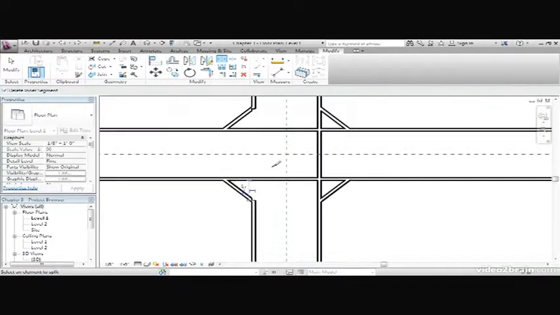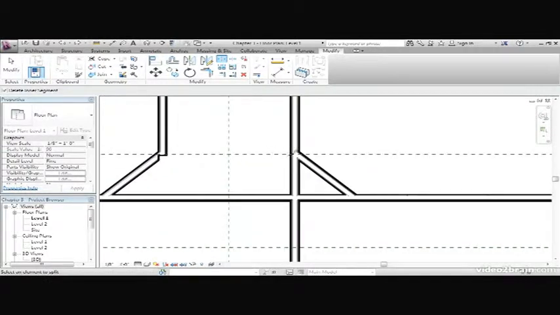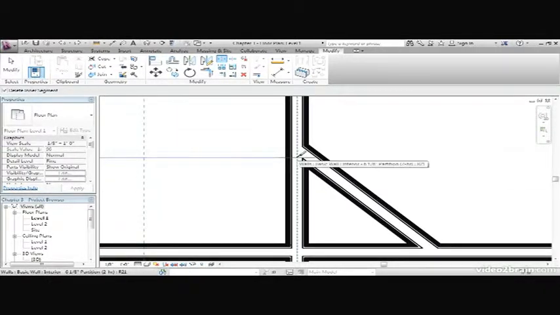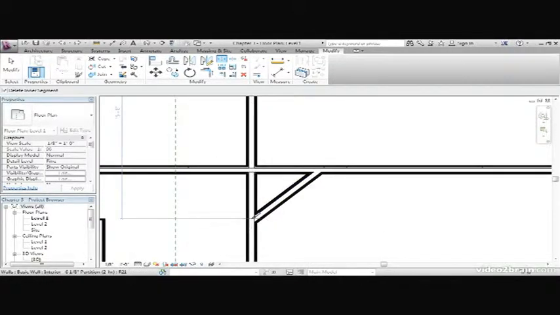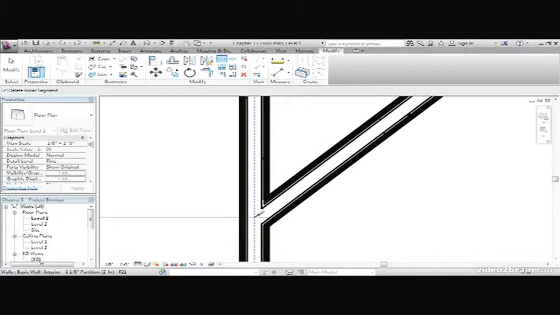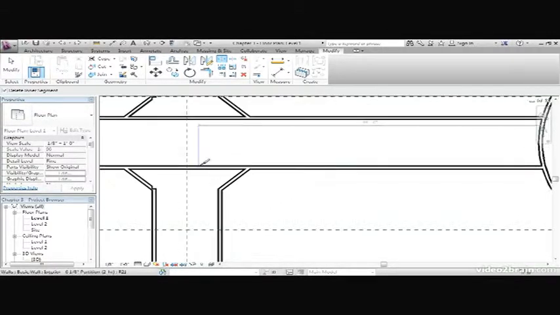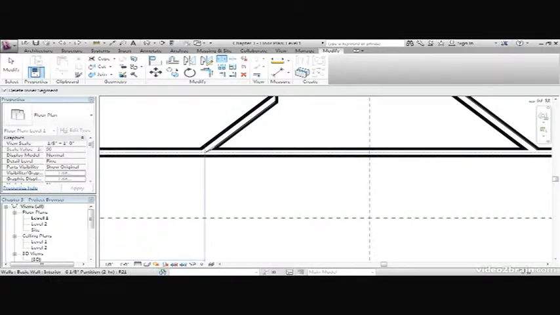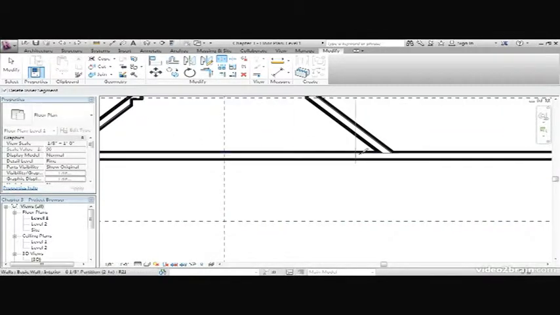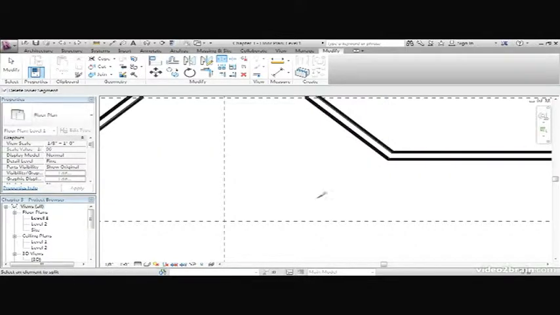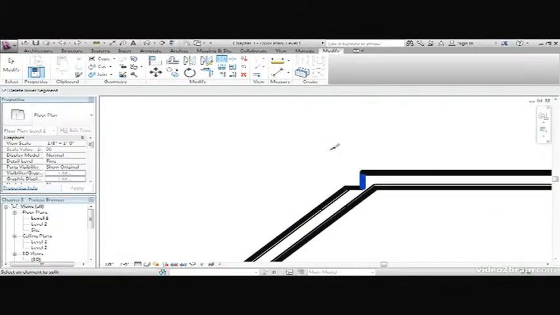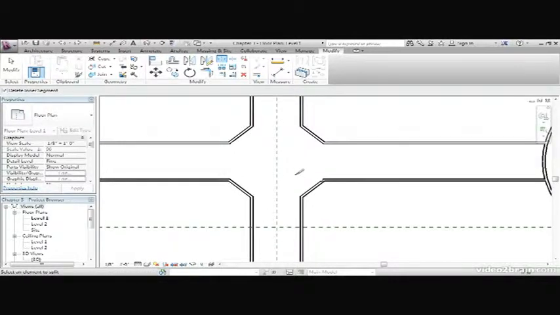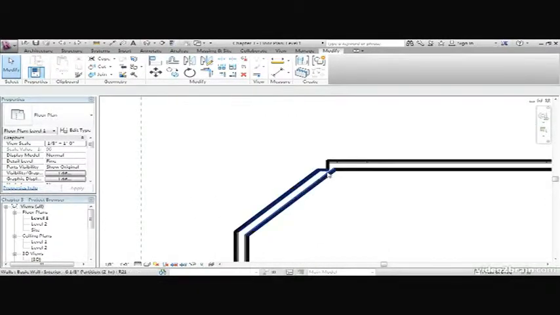Let's come down to the next wall and pick a point right about here. We can clean that up in a moment. Let's find a spot here, zoom in on it, and click a point right about there. And come down to this wall and click a point right about there. If we zoom in a little better, it's easier. Do the same for the horizontal walls. Zoom in a little bit. And Revit will clean them up. If you have some weird thing going on like this,